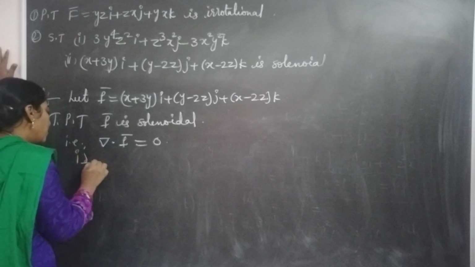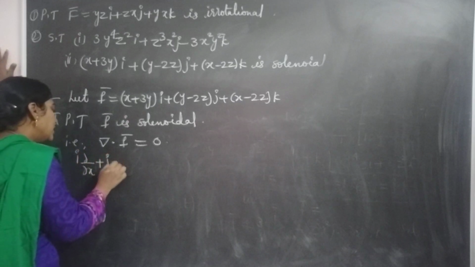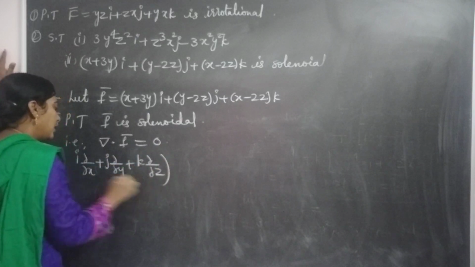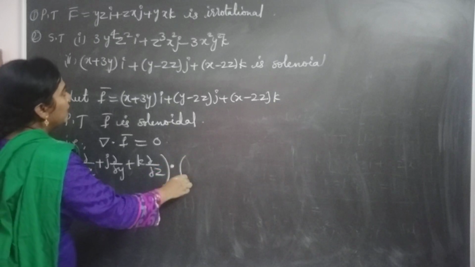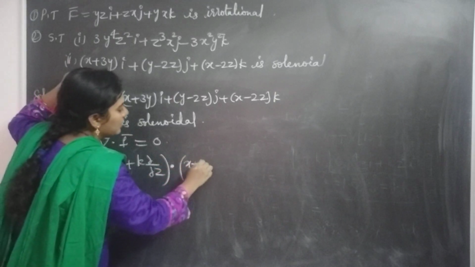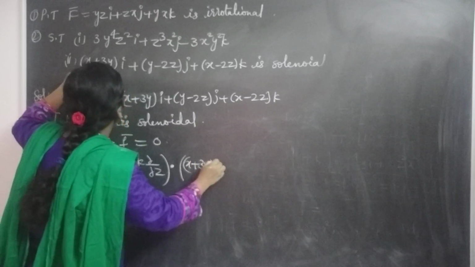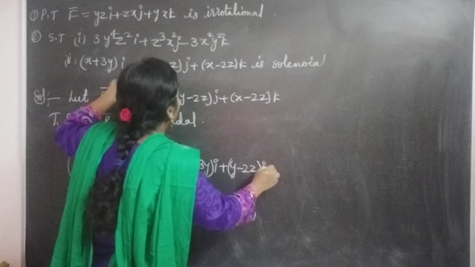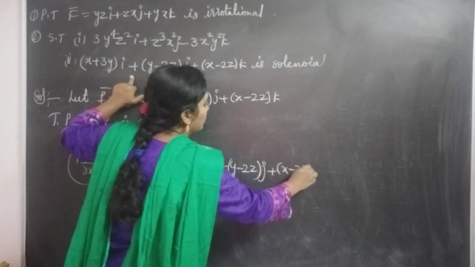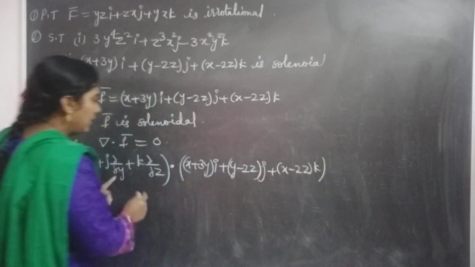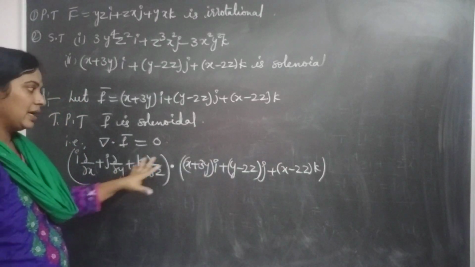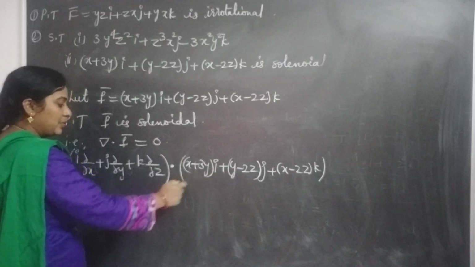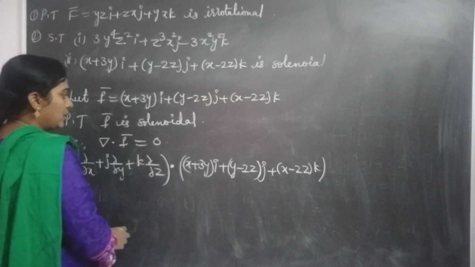Del means i ∂/∂x + j ∂/∂y + k ∂/∂z dot f vector, which is (x + 3y) i + (y − 2z) j + (x − 2z) k. Directly we can take the operator del and the f vector. Then for the dot product between two vectors, we know the relation is